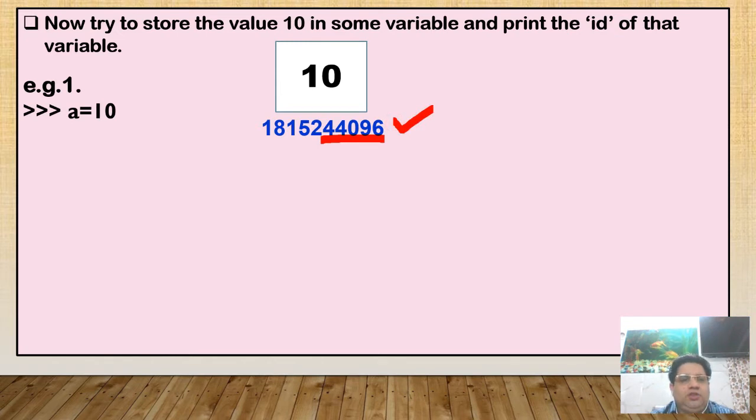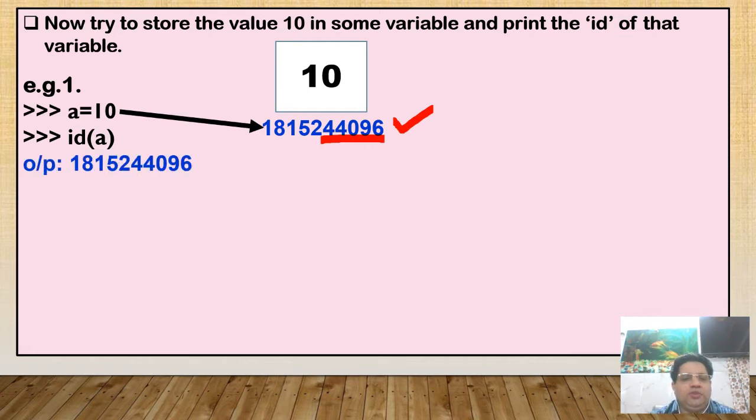So when we write a equal to 10, it means a is pointing to this address. Now if I print the id of a, you will get the address pointed by a, which means you will get the address of 10. See, the output is the same. As you can compare, the output you get is the same as the address of 10. It means when we write a equal to 10, a is pointing to the address of 10. Clear?